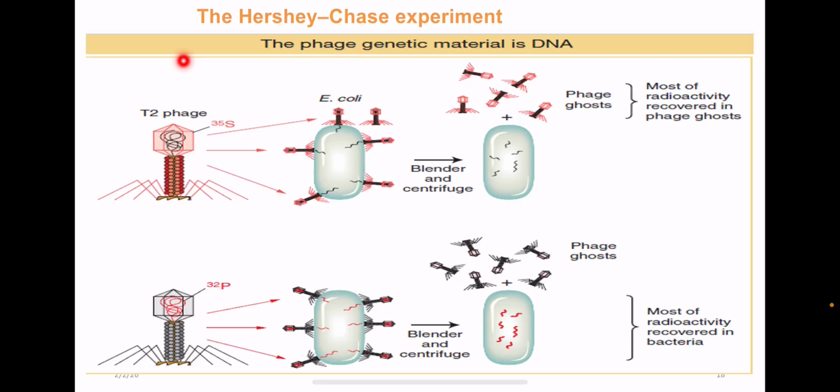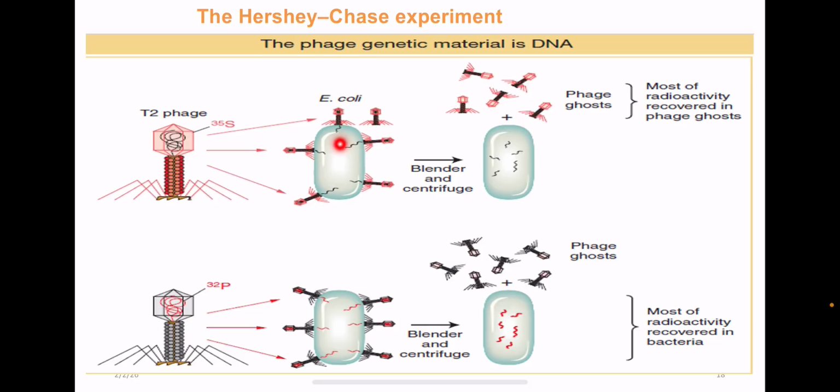So in the first part of the experiment, which is this side, the T2 phages were grown in a medium containing the radioactive sulfur, and as established earlier, this is going to label the protein coat of the phage. When we infect the E. coli with these labeled phages, the mixture was put into a blender and blended. After the mixture was put into a blender, the blending or centrifugation knocks off the phage protein coats